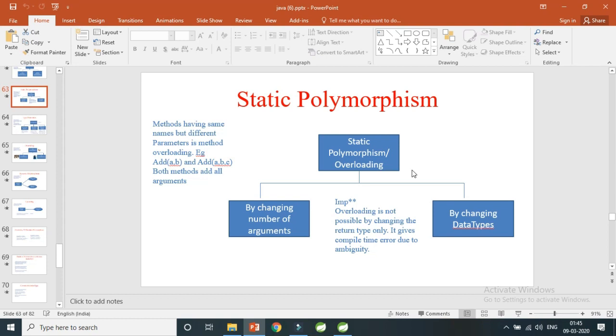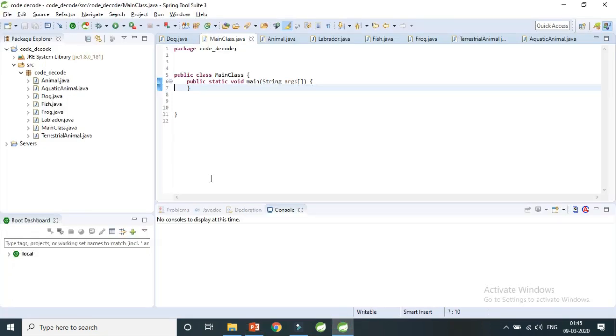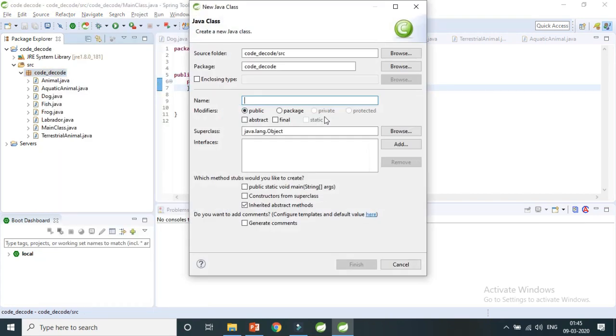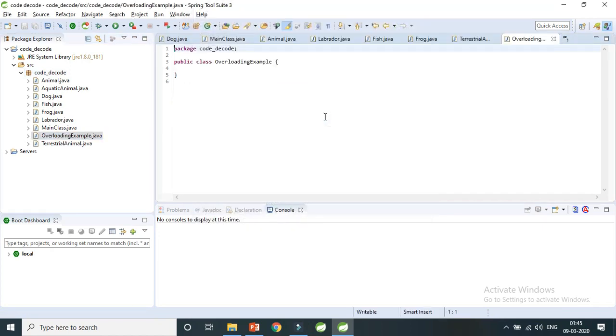So let's get started. First let's create an example for method overloading. In the code decode source folder I'm going to create a new class, OverloadingExample. What I've told you, overloading is nothing but keeping the method name the same and changing either the number of arguments or the type of arguments. So this is my method signature, public void add, and we have two formal arguments, a and b,